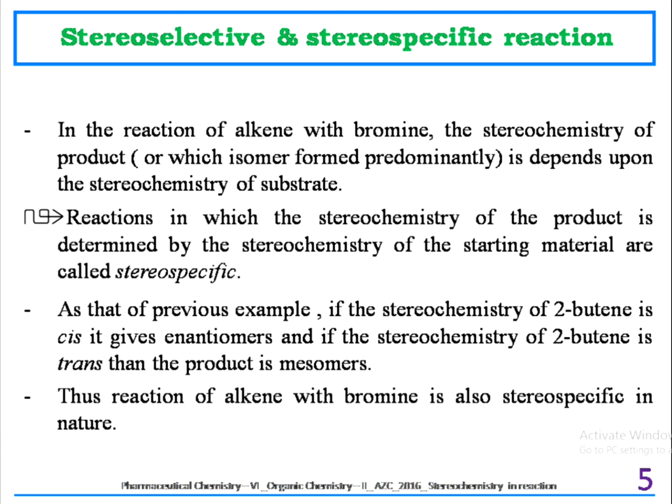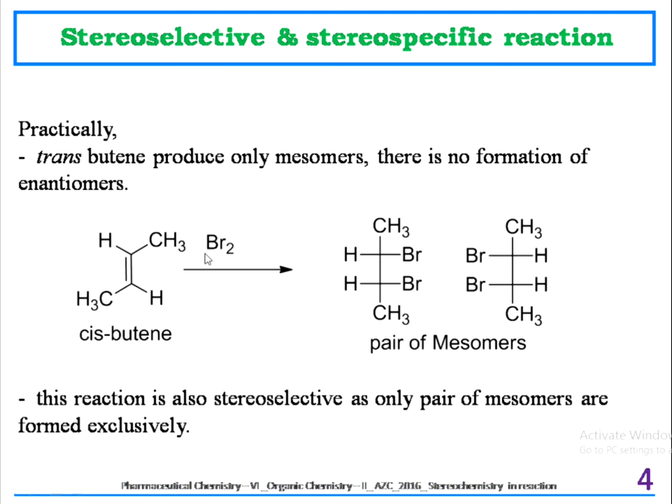Next, in the reaction of this alkene with bromine, the stereochemistry of the product depends upon the stereochemistry of the substrate. That is, the stereochemistry of the product is determined by the stereochemistry of the starting material. This is called stereospecific. So this is the starting material, and these products actually depend upon the stereochemistry of the starting material. So this type we can call stereospecific reactions, and these are always dependent both,